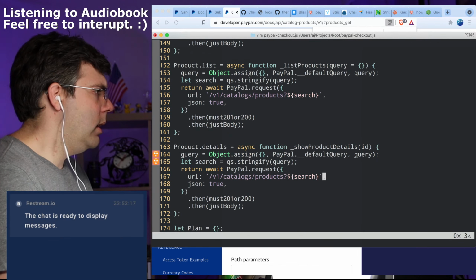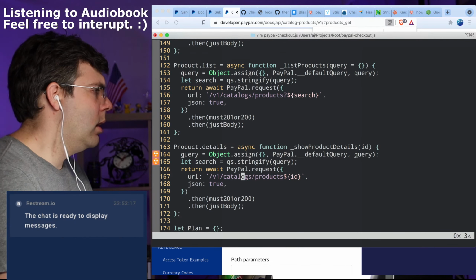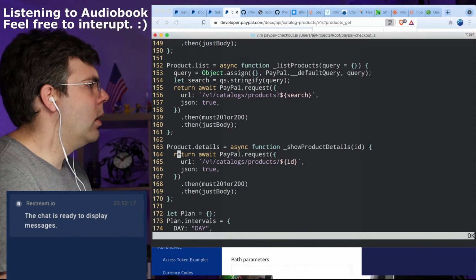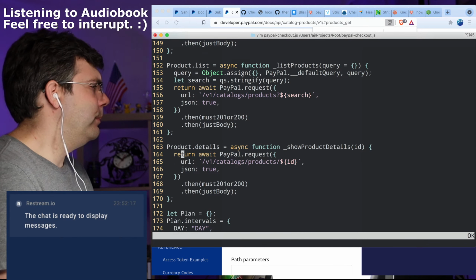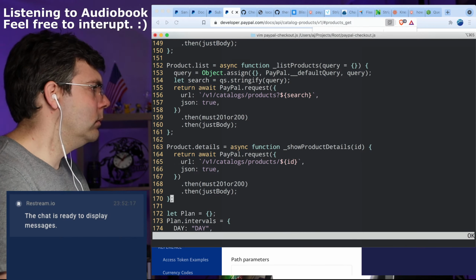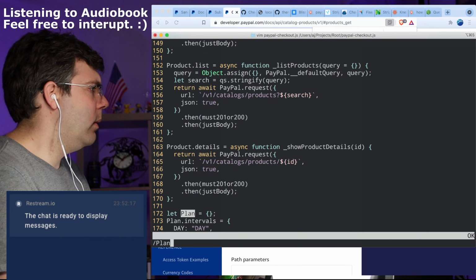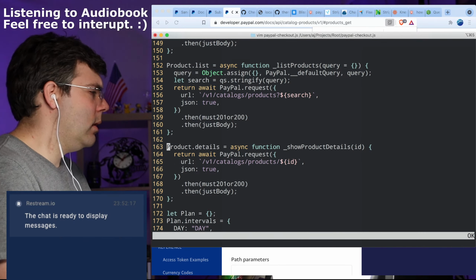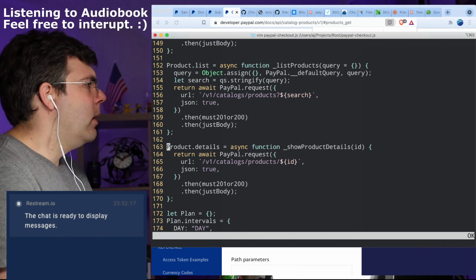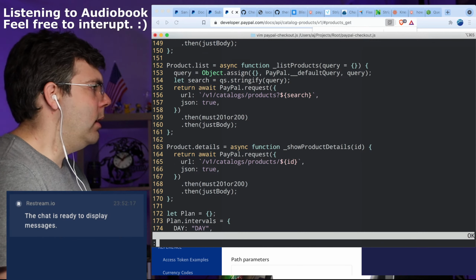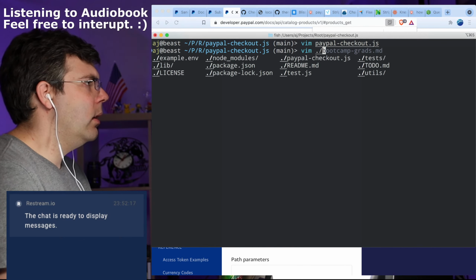And then this should just be an ID. And then what? I guess that's it. Let's do the same thing with plan. Is that gonna work? Yeah, that'll work. Okay, I'm gonna test product details first. And let's see if we get back the delete URL. I think we will.